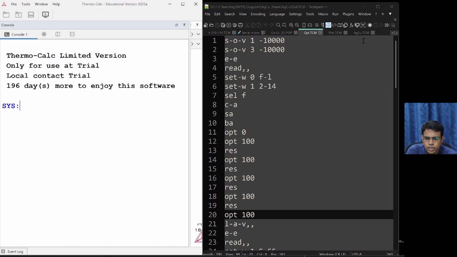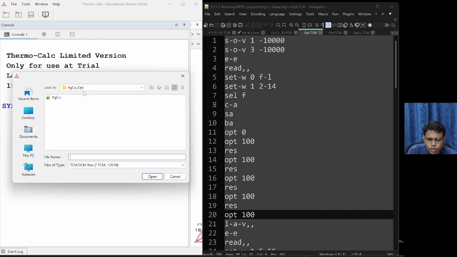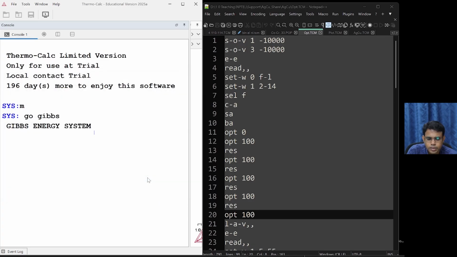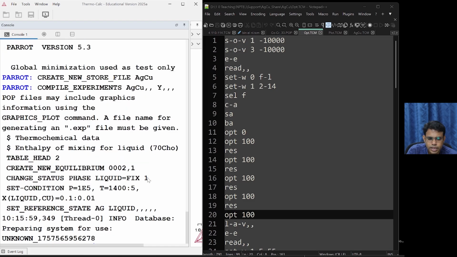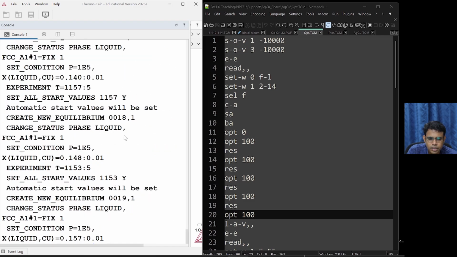Right. So first thing is, before using the syntaxes in this, we have to bring the setup file here. Let us type macro, m is enough, enter. This folder AGCU opt is set as the default folder now. Therefore, this AGCU file can appear there, agcu.tcm. I am directly loading that. Okay. So whatever file that I showed you has now run.